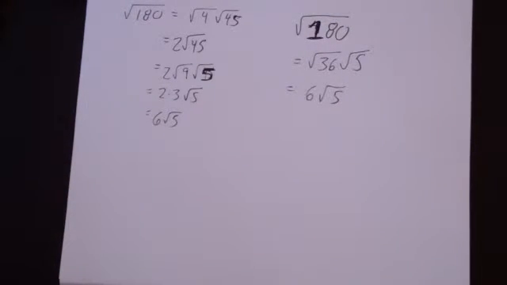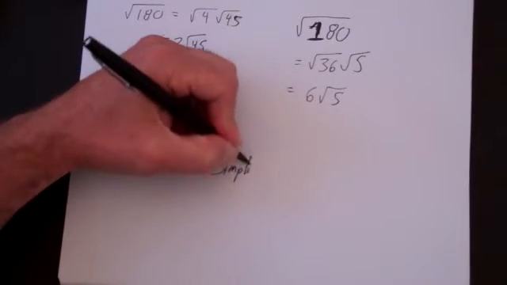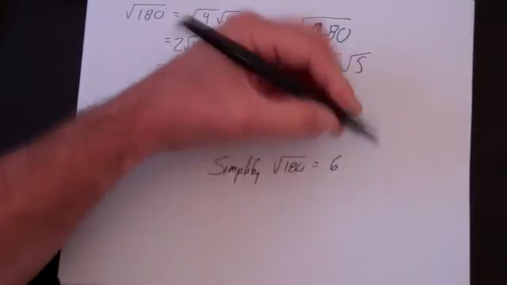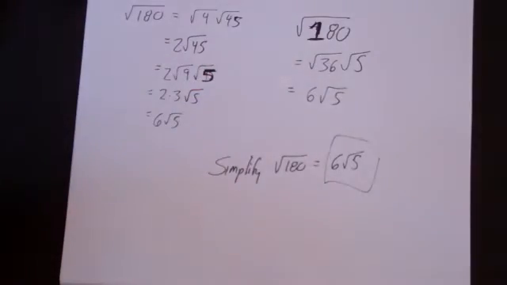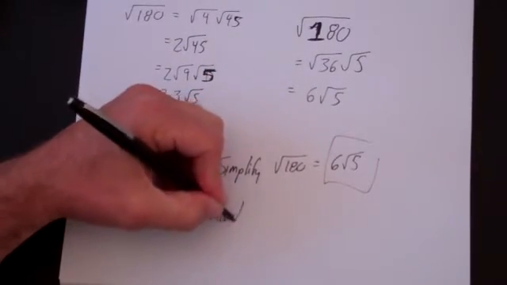What do we have to be careful with? The key is that if it says simplify square root of 180, then the answer that they want is 6 root 5. They don't want you to use your calculator, though. You can use your calculator as a tool. If they say evaluate with a calculator,